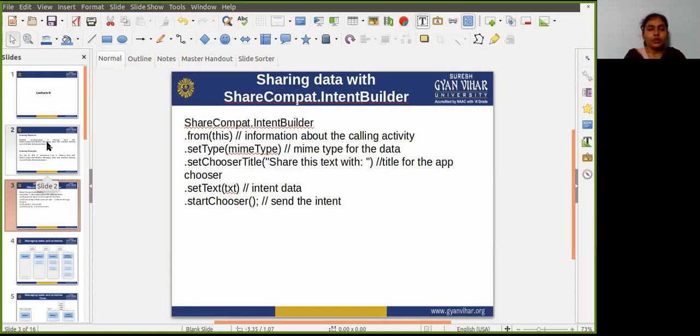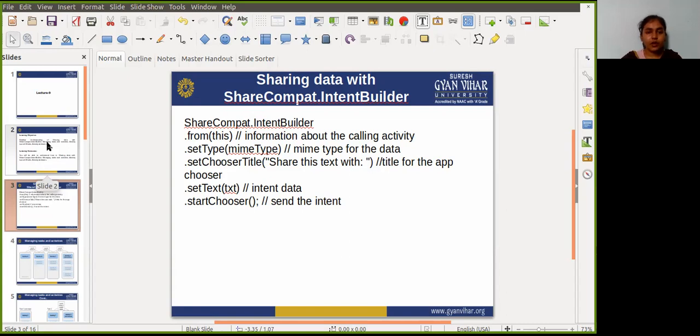Okay. So you can write code like this: ShareCompat.IntentBuilder.from, and you can pass this. This is actually information about the calling activity. And after that, dot setType, in which you pass the MIME type. This is the MIME type for the data.